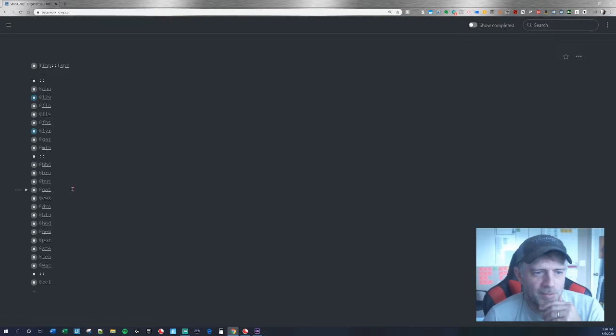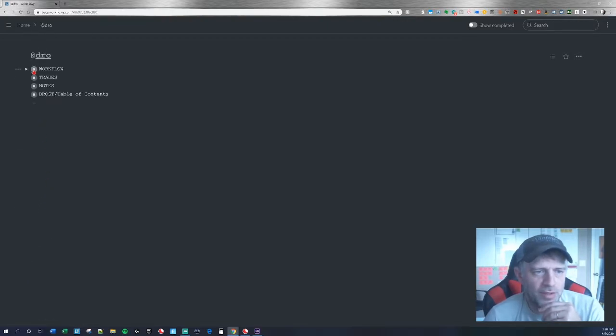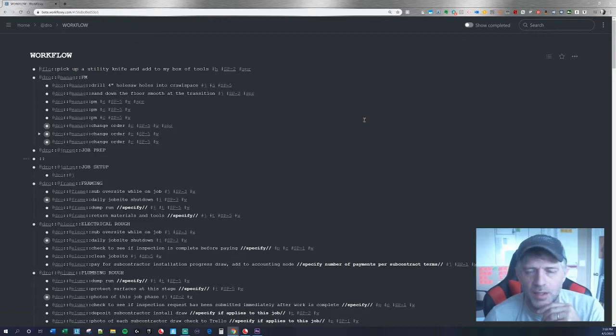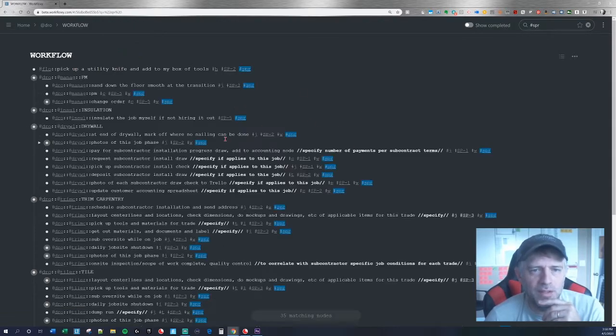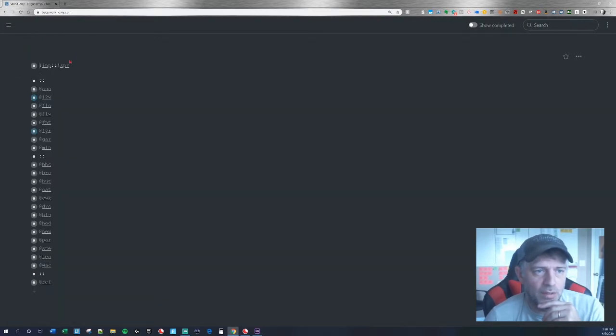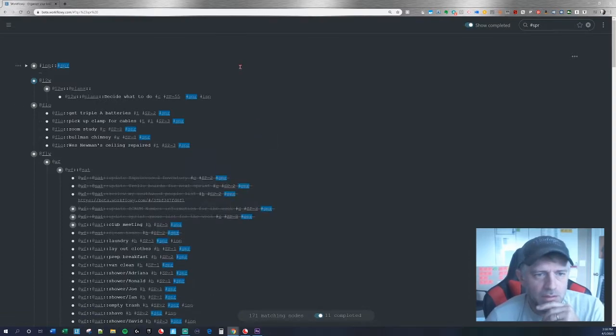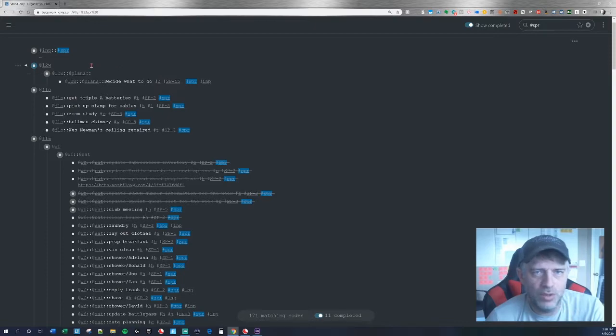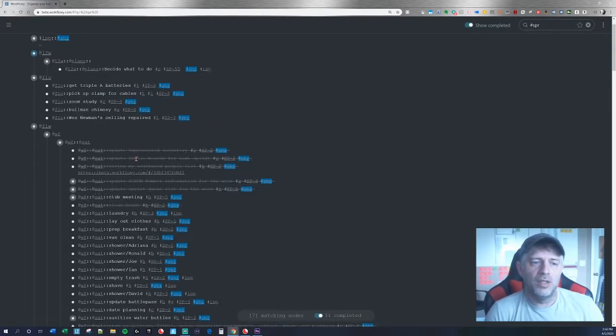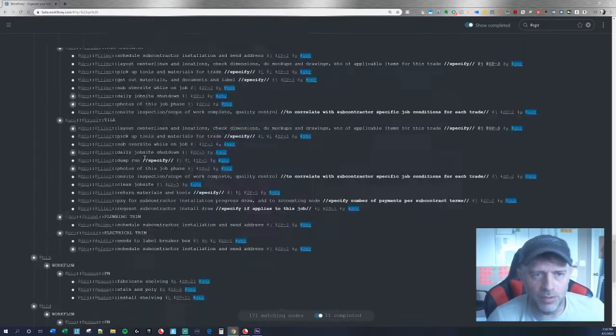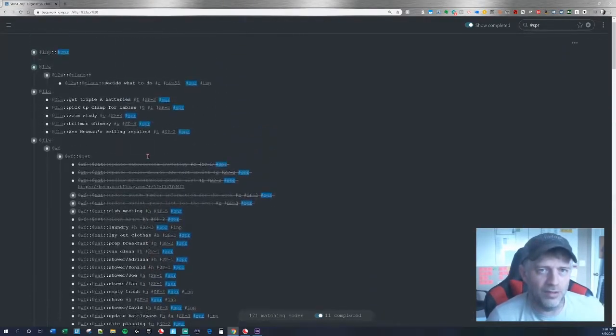But you'll also see under Drost, if I jump into workflows and then I want to look at what needs to get done this sprint, that's what needs to get done this week on that particular project. So if I go back to home and trigger sprint, I've gone into individual lists. Here's how I create this report. This is what I want to get done this week on all my projects. Won't get it all done, but these are the things I want to take into consideration each day